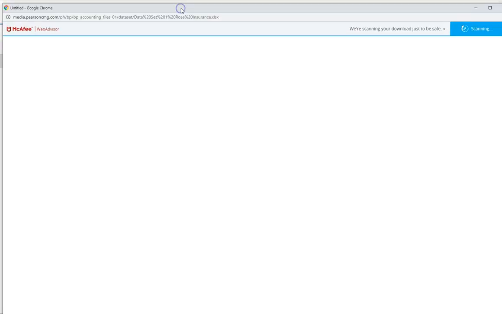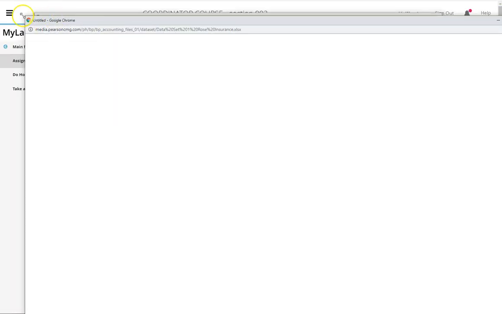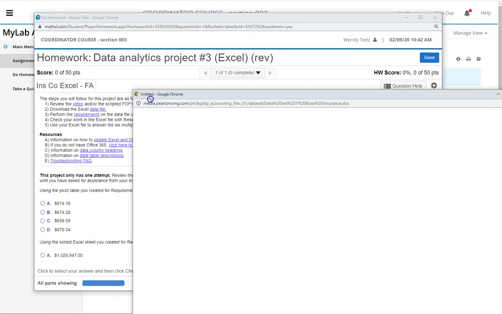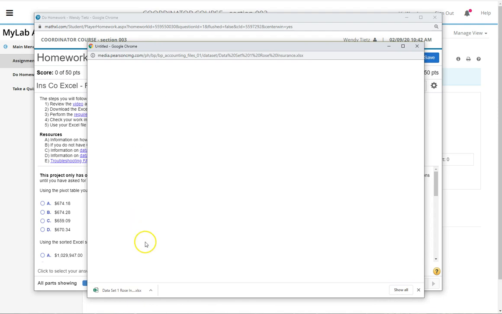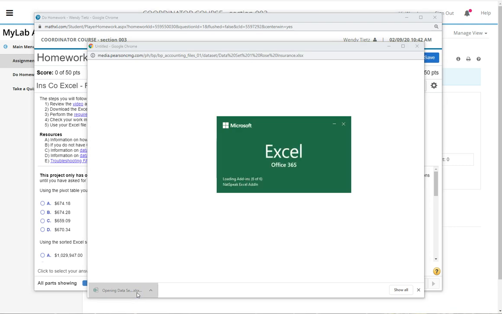So click on that, and what's going to happen is it's going to bring up a big window, and your virus scanner may scan the file to make sure it's okay, and you'll see it doesn't appear to do anything. It is, but what you need to do is resize the window. I'm using Chrome here. I'm just going to make it much smaller, bring it back in here, and look down at the bottom. There's our file. That's our Excel file. So if I open that up, I will have my Excel file.